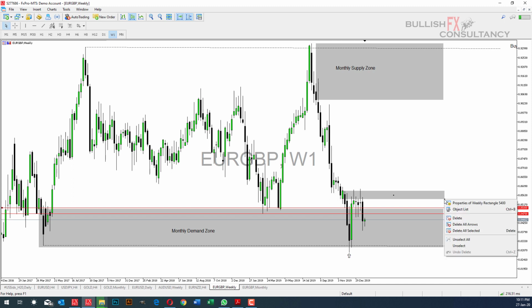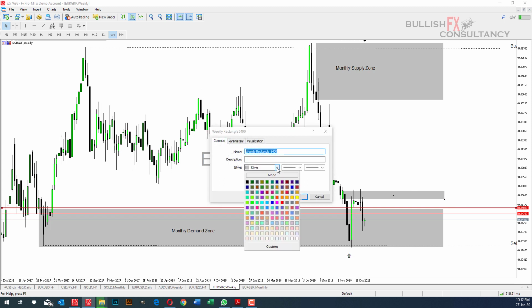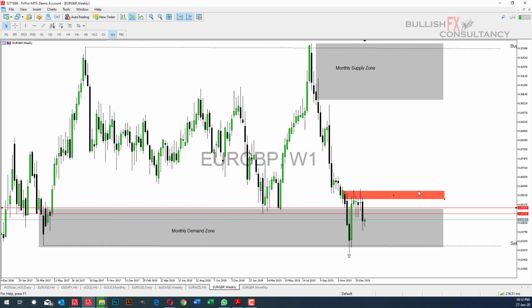Remember guys, an order block is just a new level of demand or a new level of supply. If it's a bearish order block, it means it's a new level of supply. If it's a bullish order block, it's a new level of demand. So let me put tomato there. That's our new level of supply, which was created here